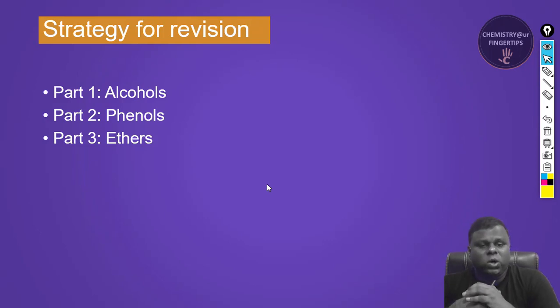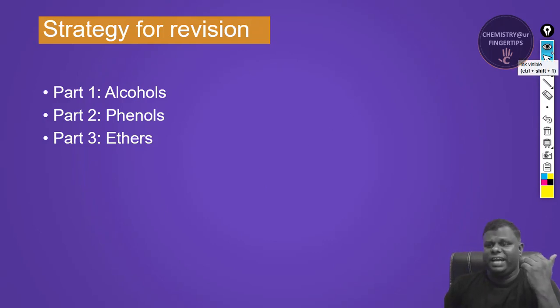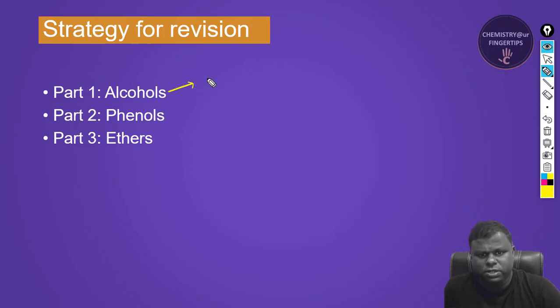So part one, alcohols. If you have a pen and paper, you could make notes for whatever I'm speaking right now. You could write down the dehydration reactions and all. Preparations are pretty simple to understand, but pay more attention to the Grignard reactions. Preparation using the Grignard route is very important. Okay, so the Grignard route is very important.